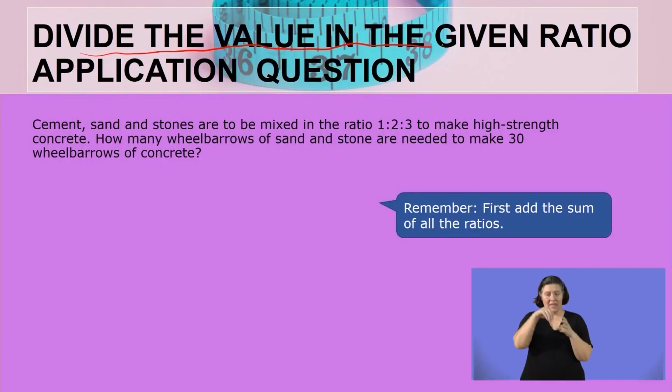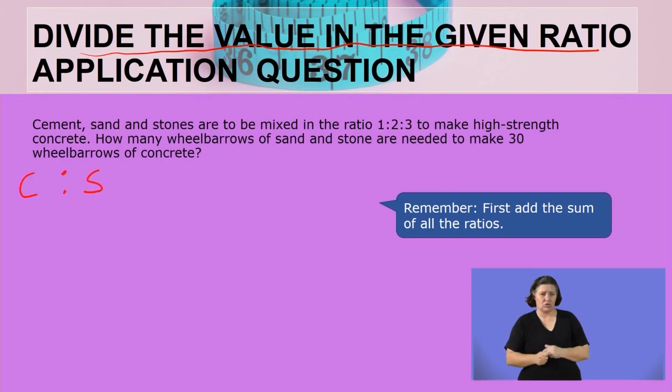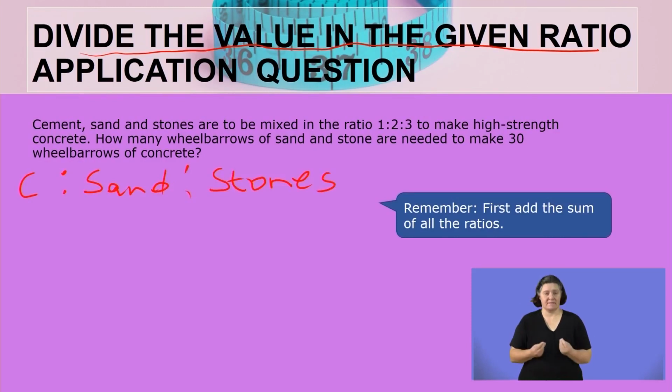Now we are continuing with the application to divide the value in the given ratio. Our question reads as follows. Cement, sand, and stones are to be mixed in the ratio 1:2:3 to make high-strength concrete. So now it's cement is to sand is to stones, and the ratio that we are having is 1:2:3. So now the question is, how many wheelbarrows of sand and stones are needed to make 30 wheelbarrows of